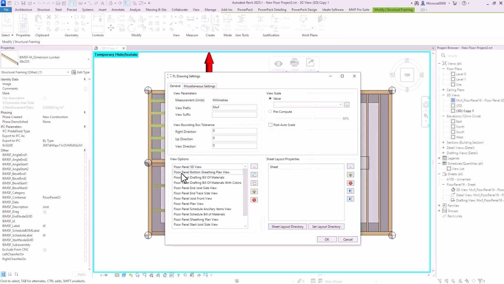Okay, on that. As I say, these are all the views you can add to your sheet. Now, if I was to, for example, pick, say, the floor panel 3D view, and again, you can duplicate these, rename them, add new ones, or delete them. If I look at the settings of this 3D view, click on it,